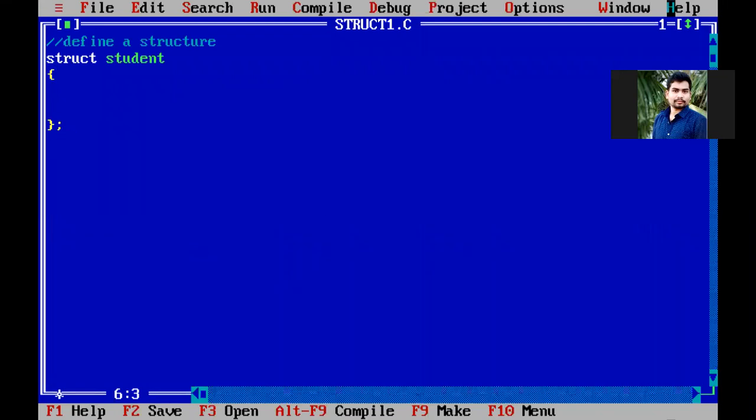In between this opening brace and closing brace, we are going to group different data types. Whatever variables we write under this opening and closing brace belong to student. What is student? Student is a structure. Into that student structure, we are grouping some variables of different types. The first one: what does student contain? Student contains first a roll number. What is the type of that roll number? Integer. The type of the roll number is integer.